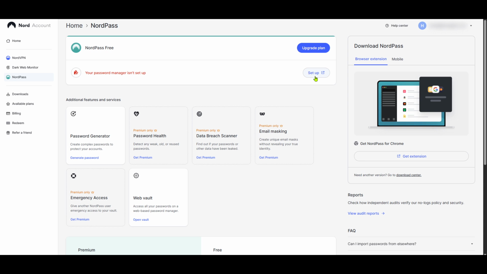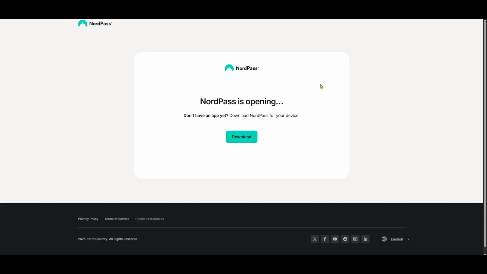At this point, if you're signing in for the first time, you might be prompted to provide additional information such as an email address and to set a master password. Your master password is very important because it ensures that only you can access your stored passwords. It's a good practice to create a strong, unique master password, perhaps a blend of letters, numbers, and symbols to enhance your security. If you've previously set up Nordpass, you'll simply log in using your existing credentials, which means